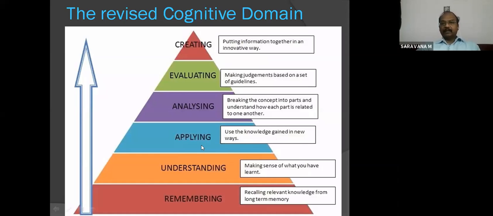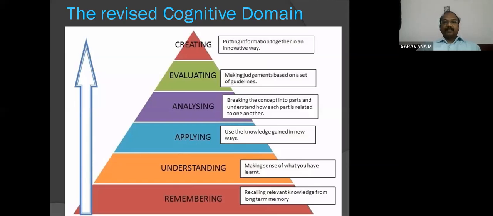And in our lesson plan also, when we are teaching, there is preparation, presentation, then application. In the application stage, we apply the teaching-learning process, asking questions on whatever we taught, to check whether they understood properly or not. So the same thing is here also. Applying is using the knowledge gained in new ways. Learners or trainees should apply the knowledge whatever they have gained through knowledge or skill.